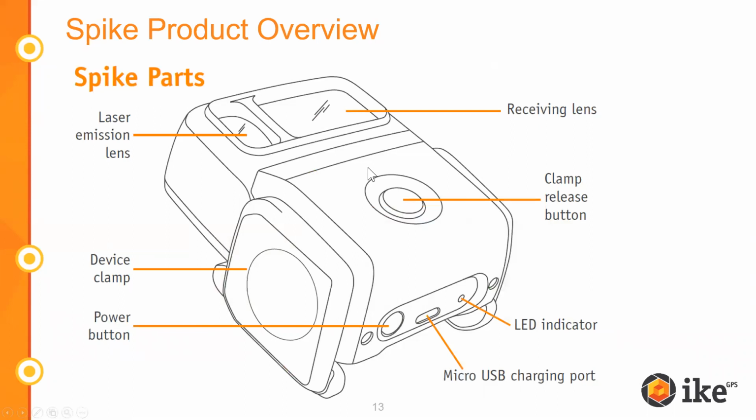And then there is an OtterBox version, which uses the OtterBox case system, which is my personal favorite, just because it allows you to easily take the Spike on and off, much like the smart clamp feature here, but it's a little bit more secure. It does require a separate OtterBox case that we do provide. But the smartphone and the tablet versions don't require any special cases. They will fit over any smartphone or tablet case that you have.